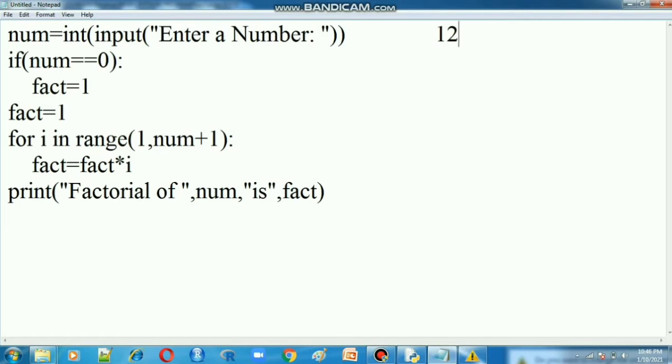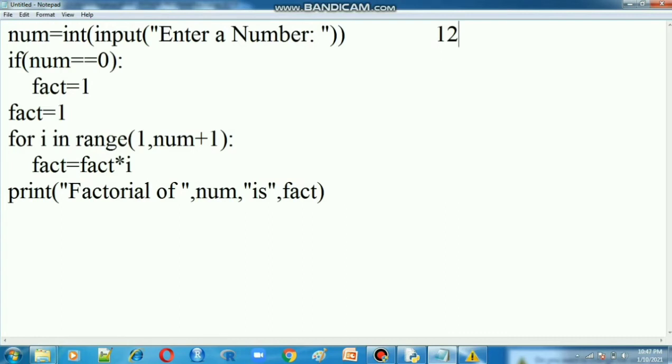Why is it so? If the if condition is true, this part will execute; if the condition is false, the next part, fact equal to 1. Now we applied 12 equal to 0, the condition is false, so this fact equal to 1 will be executed. Go for the next condition, for I in range.